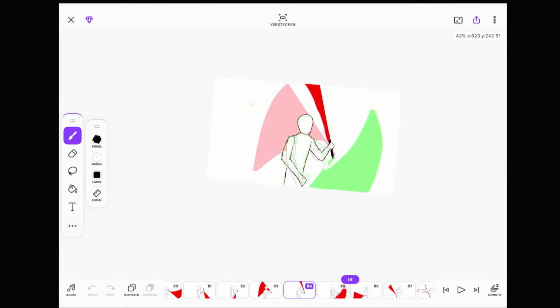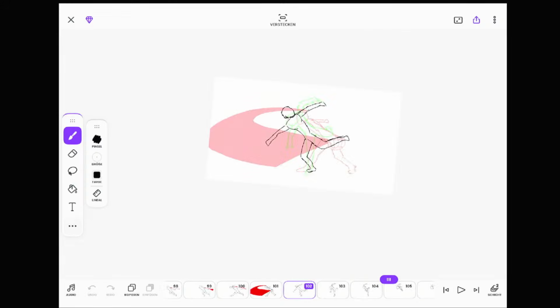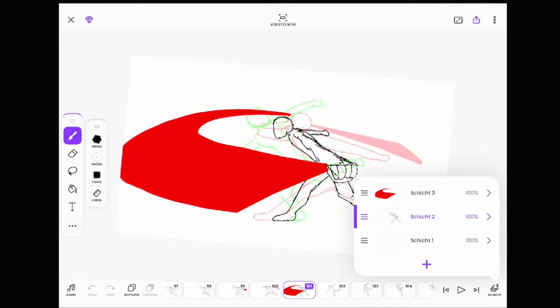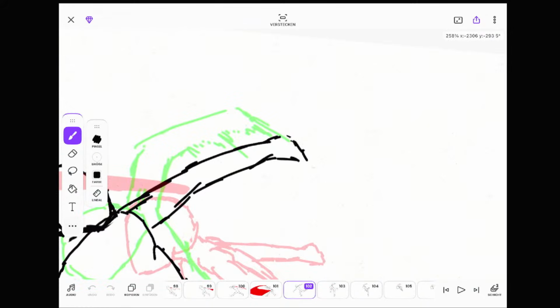Okay. I want to see that with the lightsaber. I think the lightsaber stuff is now the last thing I will do today. And yeah, then we see how everything worked. Finished for today's stream.